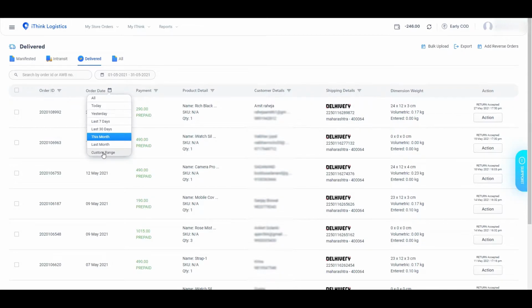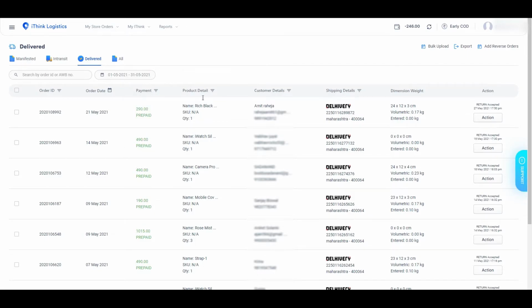Order date allows sellers to find an order based on the specific time the order was created. To navigate this section, you can use the order filters that include today, yesterday, last 7 days, last month. You can also customize your own set of dates. Next to it, there is payment type, which can either be cash on delivery or prepaid, and this data can be filtered as well based on that information.